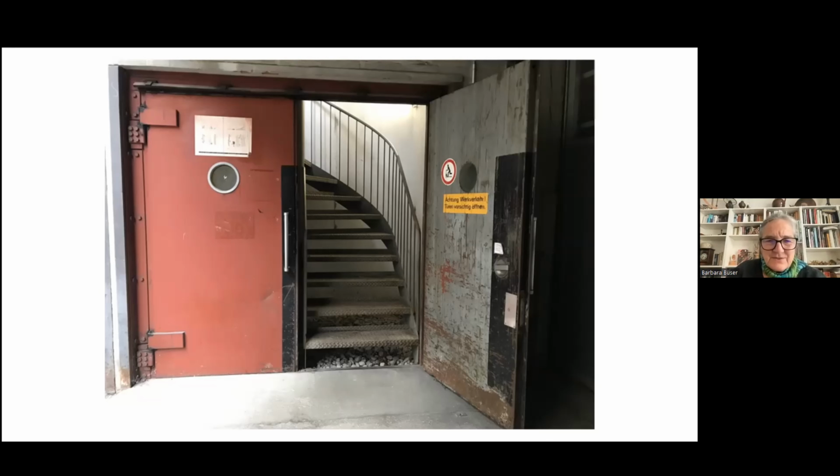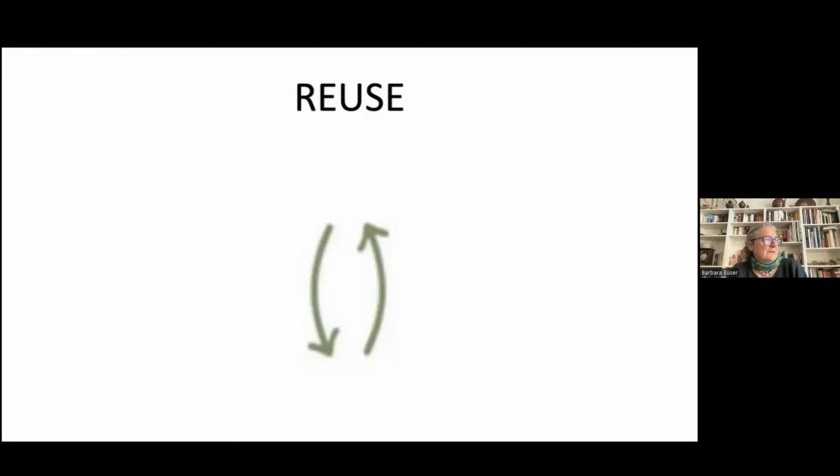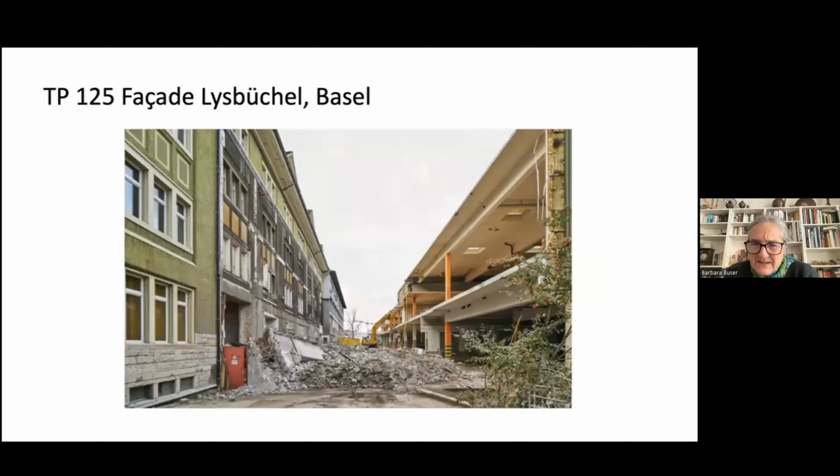So this is just to explain how we work in all these societies. Now we come to the two examples of reuse. I painted two arrows, one for the use and the reuse coming up again. We got a mandate to make a facade on the right-hand building, which was separated from the old one on the left hand. And we started to think, what can we do to build it with reuse?